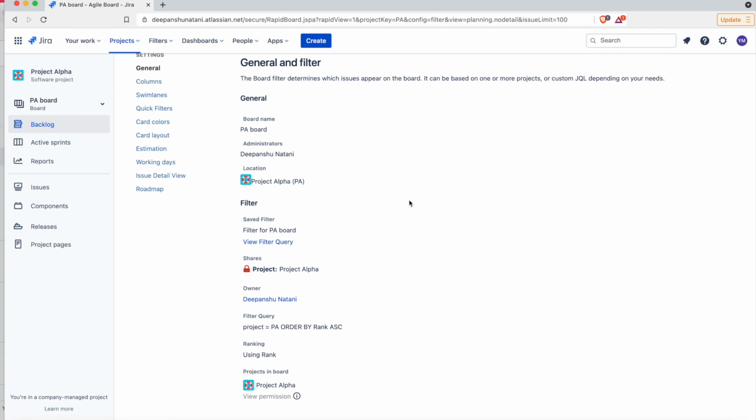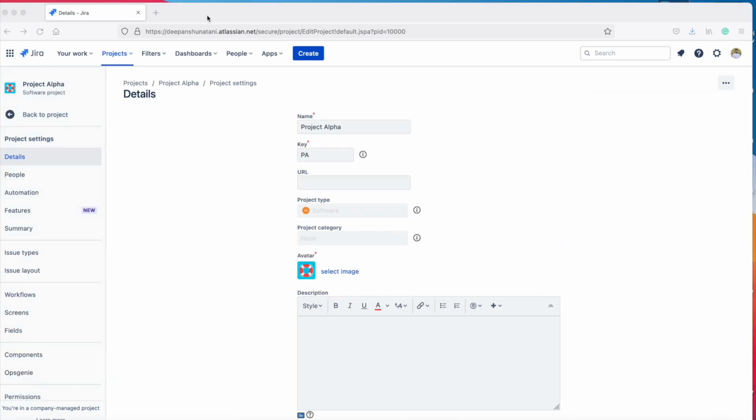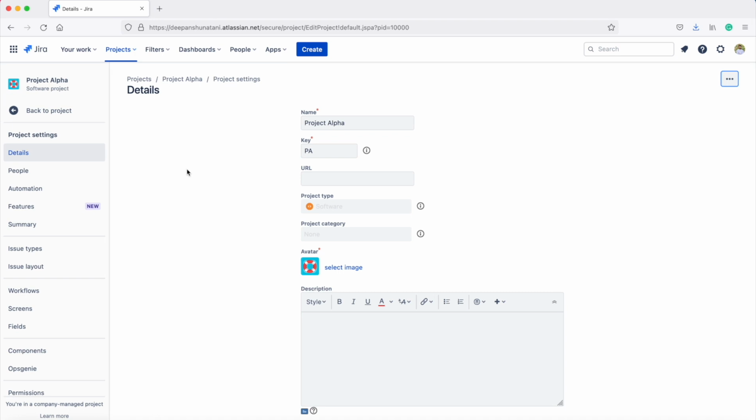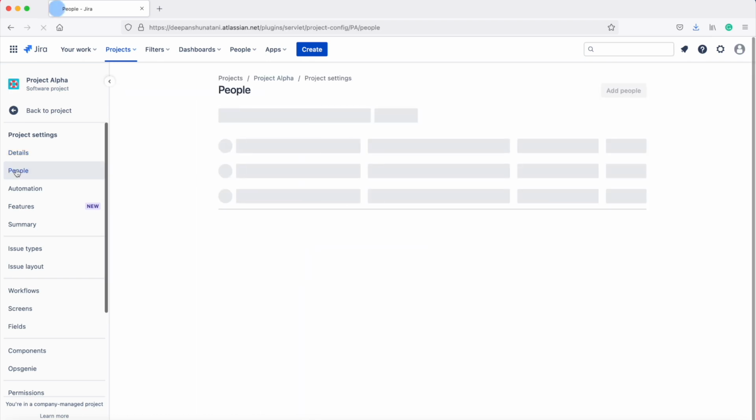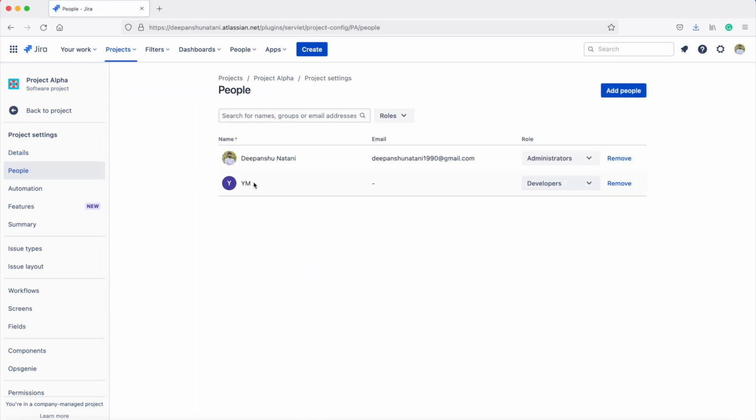So I will log into Jira using the Jira administrator's account. Here I have logged into Jira using the Jira administrator's account, and now I will check the role which has been assigned to that user in this project. So I will go to the People section in the project settings, and if I see, this user has the role Developers. Now if I check the permissions,